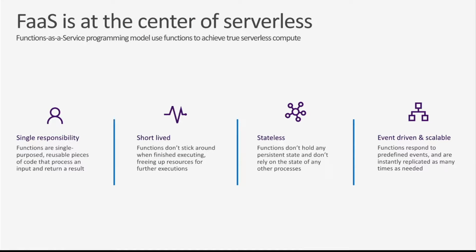So at the center of serverless, there's a few different flavors and ways that serverless applications can run, but really at the center is what is called FaaS, or Functions as a Service. These are little bite-sized pieces of code that spin up in the cloud and spin back down. Now, functions have a few characteristics that can sometimes be burdensome. So the first is that usually a function only does one job. You want it to be reusable, just like other best practices in programming. So if I need to do 10 tasks, I very likely will need 10 separate individual functions.